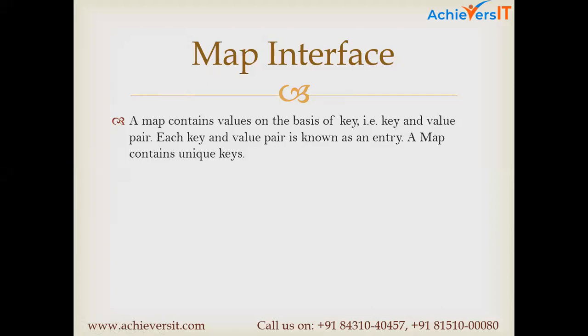See, a map interface doesn't allow duplicate keys, but you can have duplicate values here. Okay, and a map is always based on key-value pairs. For example, if you have unique keys like an Aadhaar card, which is a unique key, right? In that case, you can go for key-value pairs. But the problem is, as I told you, a map doesn't allow duplicate keys, but it allows duplicate values.